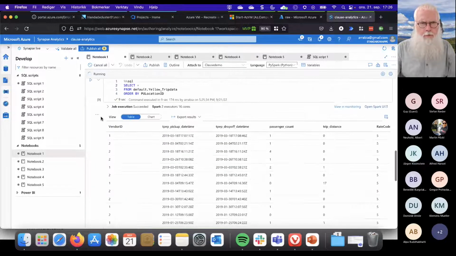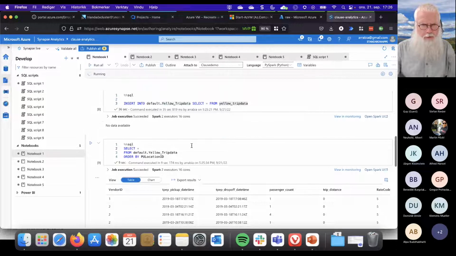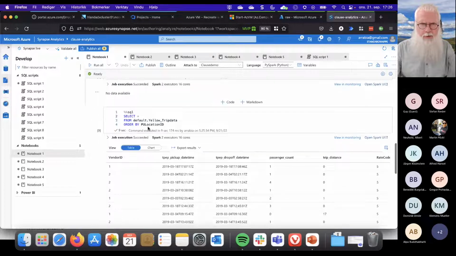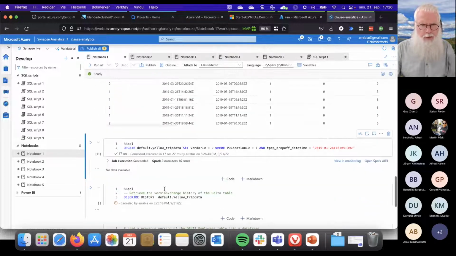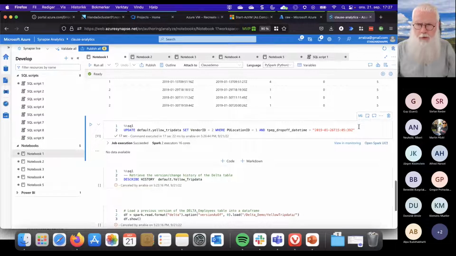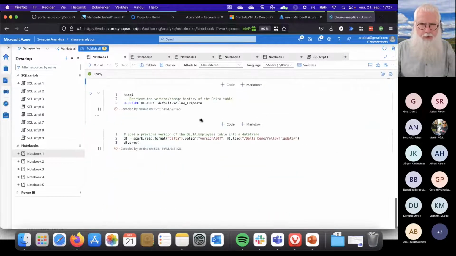So it took 9 seconds to select. It took 36 seconds to insert that amount of data. And it took 17 seconds to do an update. I forgot to put in a location to have an output of how many rows it changed, but